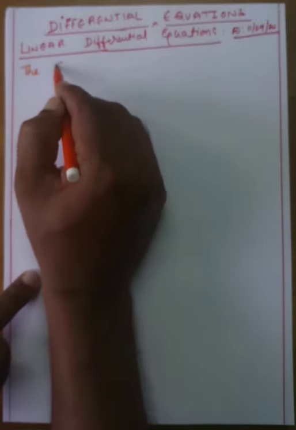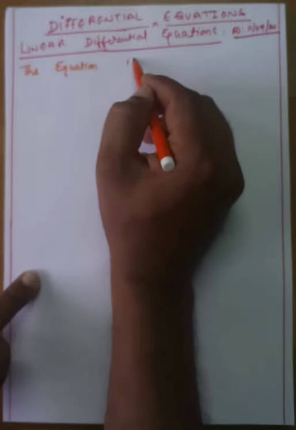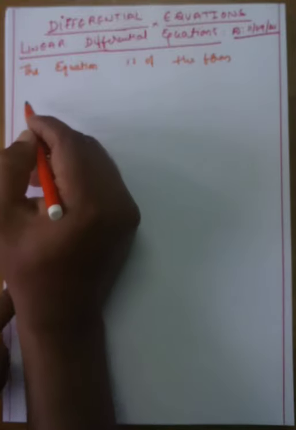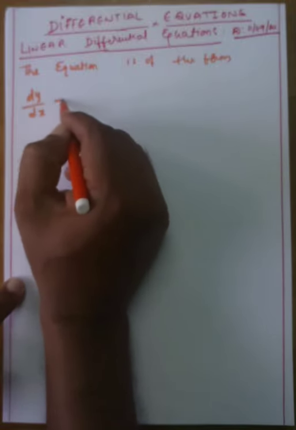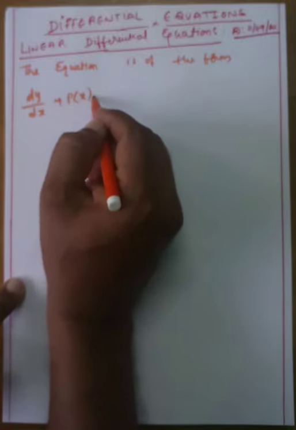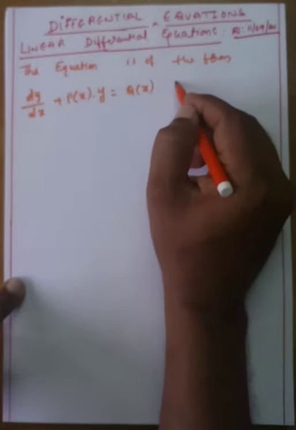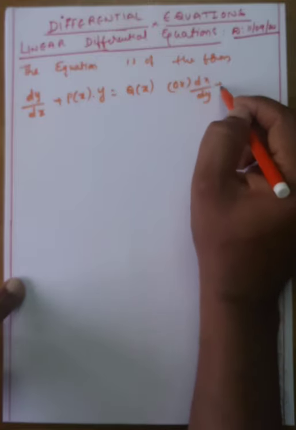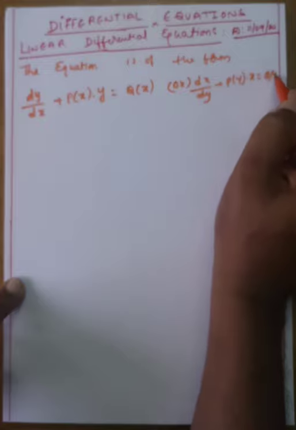The equation is of the form, clearly observe, dy by dx plus p of x into y is equal to q of x, or dx by dy plus p of y into x is equal to q of y,